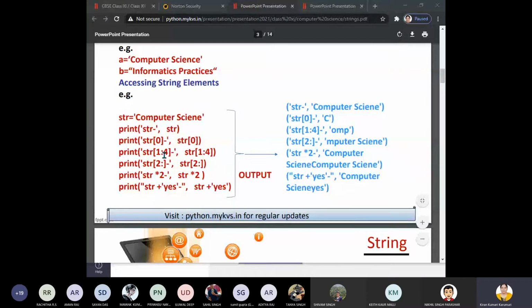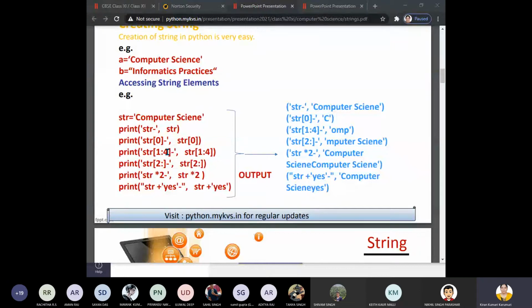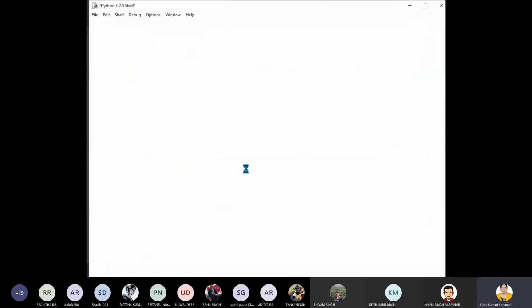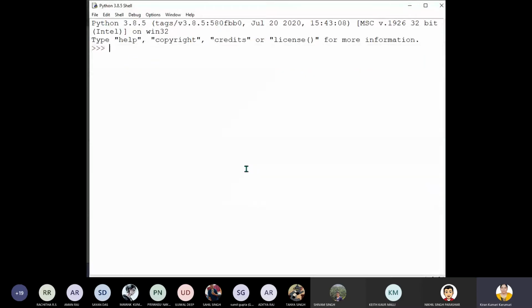Okay, in the previous class we discussed that, but as Aman Raj or someone else is asking a doubt, I will once again show you how to do it. See, for example, C is equal to "computer". So C is equal to "computer". You all can see, children. Is it visible to you?